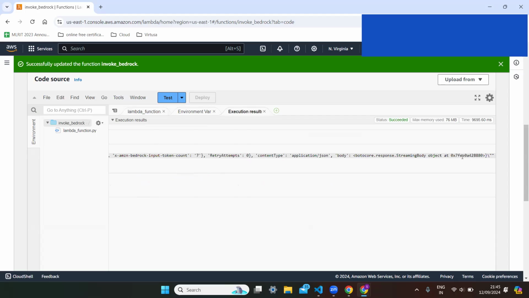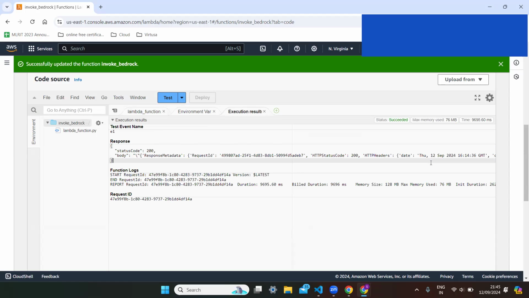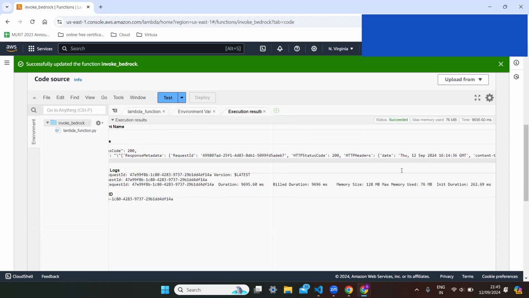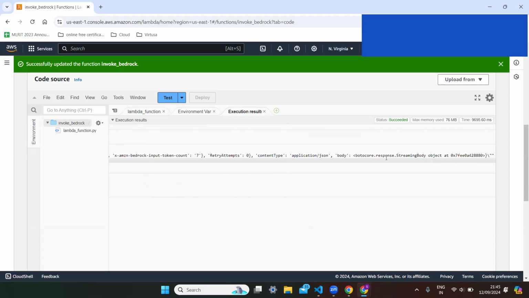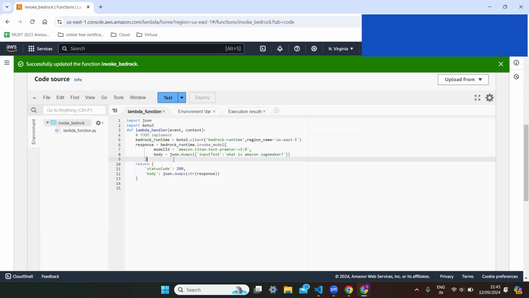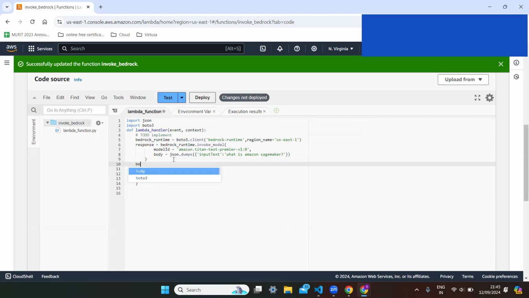Now, if you observe the response which is present in this body, it is not understandable for me. It's like an object. Now I want to read that object. I want to get that body. I need to get this body in the current response, and I need to read this body. So for that, I'm modifying my Lambda code. Currently I want the body of my response, that is nothing but body equals response.get